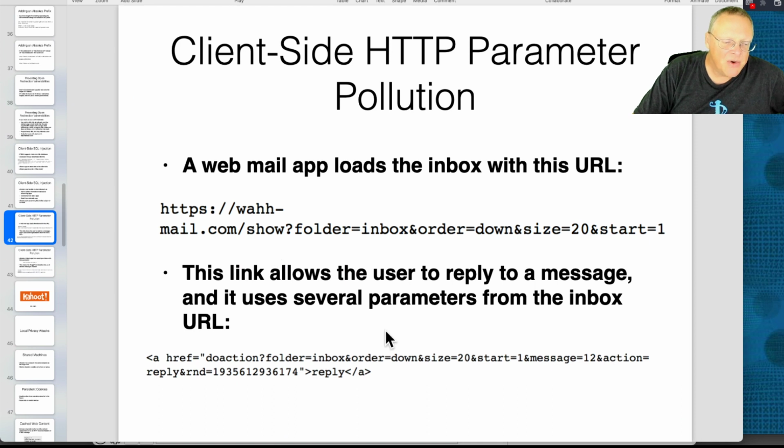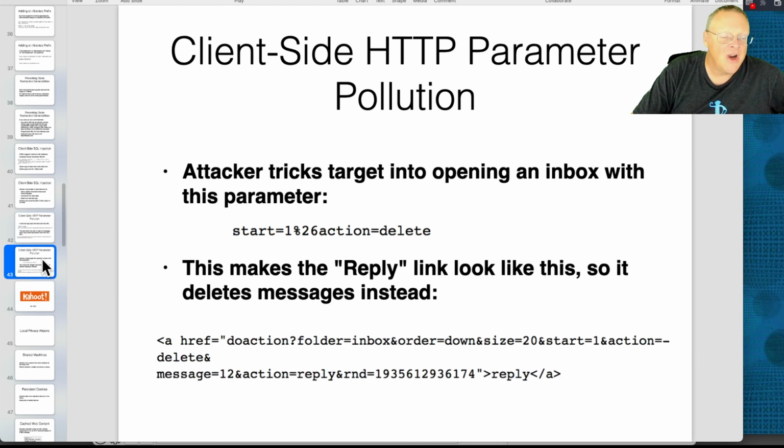Anyway, so here you got parameters like the start is included when they try to send an email. So that means if I can inject extra characters in this start parameter, then I can change the reply to delete. So when you think you're replying, I added an extra action equals delete here, and that's what will take